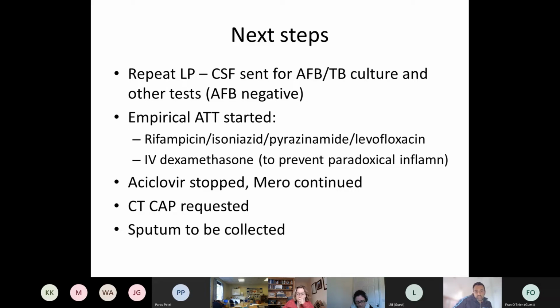And I opted to start off empirical TB treatment. So the standard 3: rifampicin, isoniazid, pyrazinamide. Rifampicin and isoniazid you can give IV, and with her I was quite concerned about her not being able, neurologically, to swallow meds, so that you can give IV. Levofloxacin has anti-TB properties, so that's a good one to give instead of ethambutol. And pyrazinamide is the only thing you can't give IV, but at least she's getting 3 drugs down her, and if possible she can take the pyrazinamide if able to.